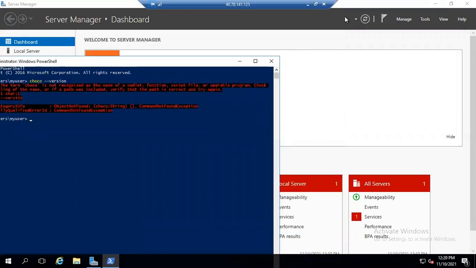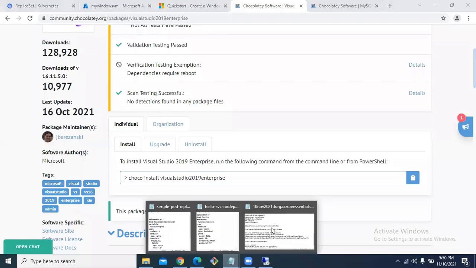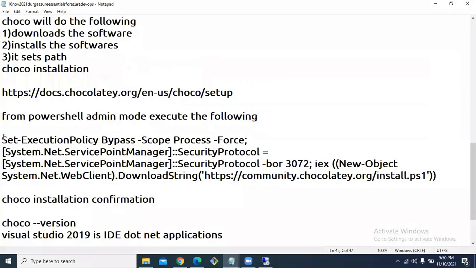Not installed. Okay, let us install it once again. See what happened. Just minimize it. Install Chaco once again.